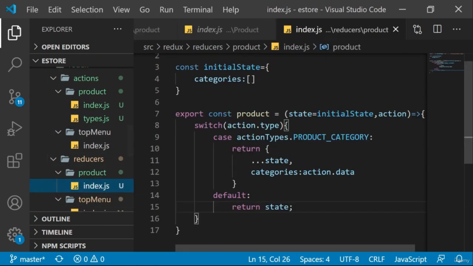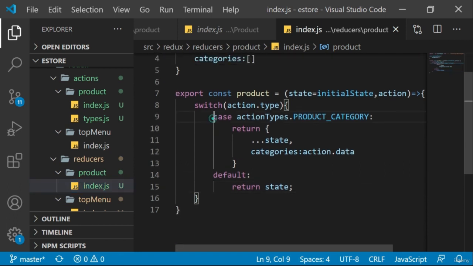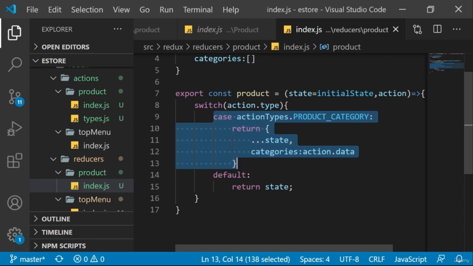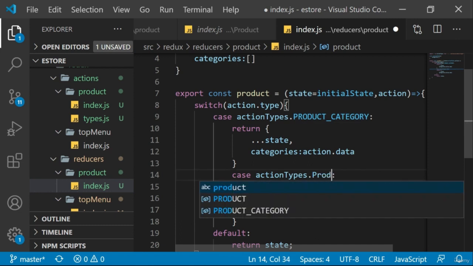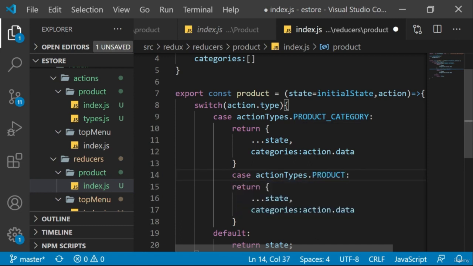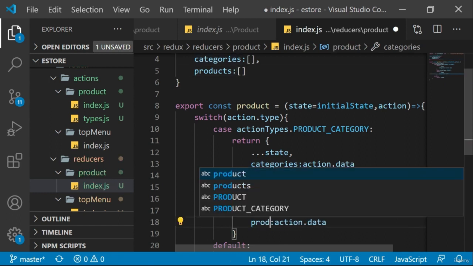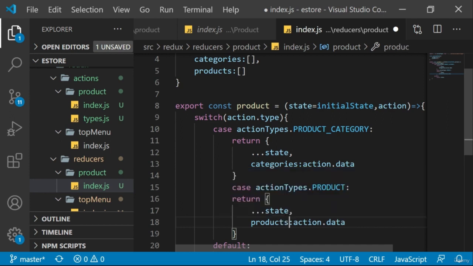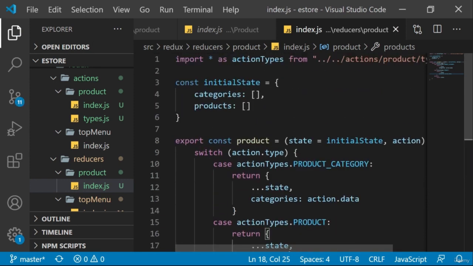Now we go to the reducer. Here we are going to put the switch case. We are going to extend the switch case now. I'll have case where I'll put product, the constant, and there will be product. I'll say products, and this will be an array, and here also the same thing. The state is added with the name products. The next step will be we go to the